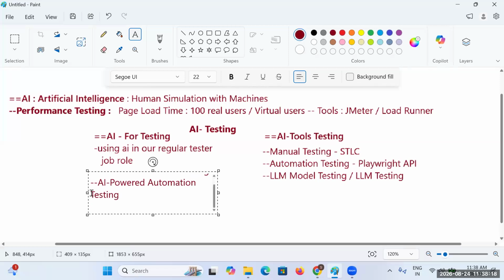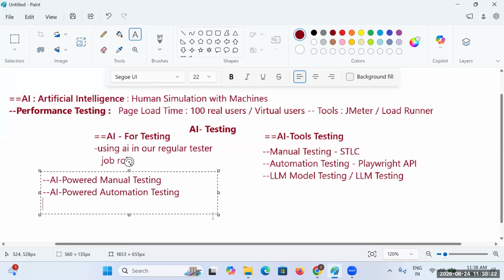Okay, so I just mentioned this on a high level, but in detail we'll be discussing a lot of other concepts, such as GitHub Copilot, Agentic AI, prompt engineering, and designing AI agents, nothing but developing AI agents.